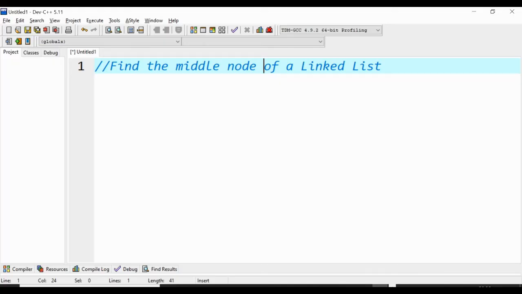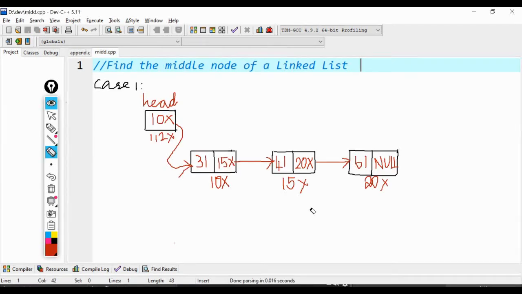Before learning the C implementation, we shall explore the logical representation of the concept. There are two cases to be addressed here. In the first case, our linked list will have an odd number of nodes, as you can see in the logical representation. Let me number the nodes here. This is node number 1, this is 2 and 3. Finding the middle element is very easy, as you know it is the number of nodes by 2. So we will be returning the data of the second node as the result. So this is the first case.